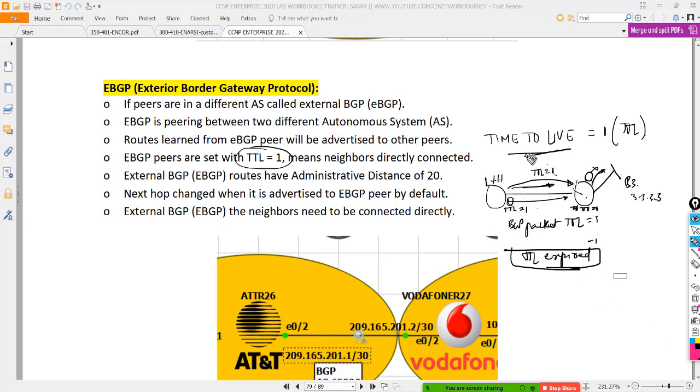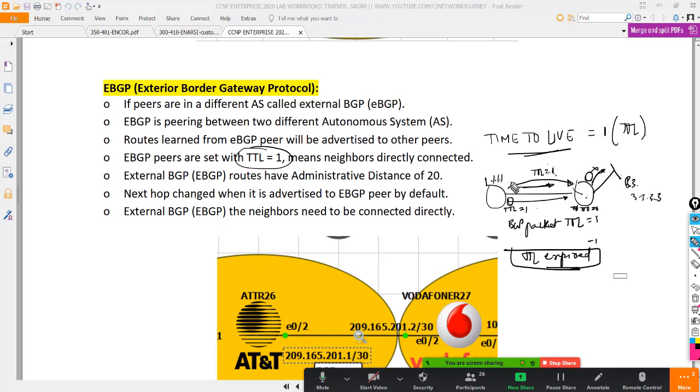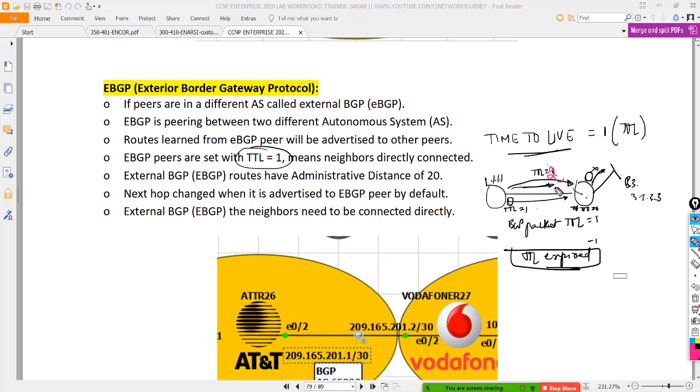So what should be your next step? You will send the next packet, or you will restart from scratch, with a TTL value of 2. Okay, so you will send 2 now. Now what happens? It will go to the first router R2 and get decremented. Even if it gets decremented by 1, it's still going to have TTL 1. And now that TTL is enough to reach R3. So that's how time to live is calculated.